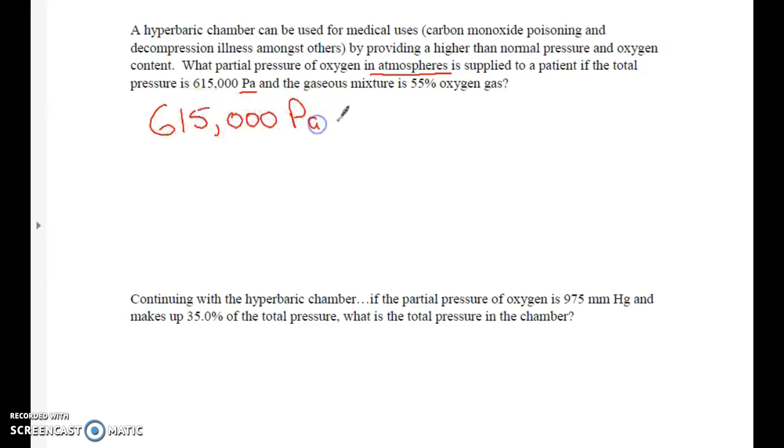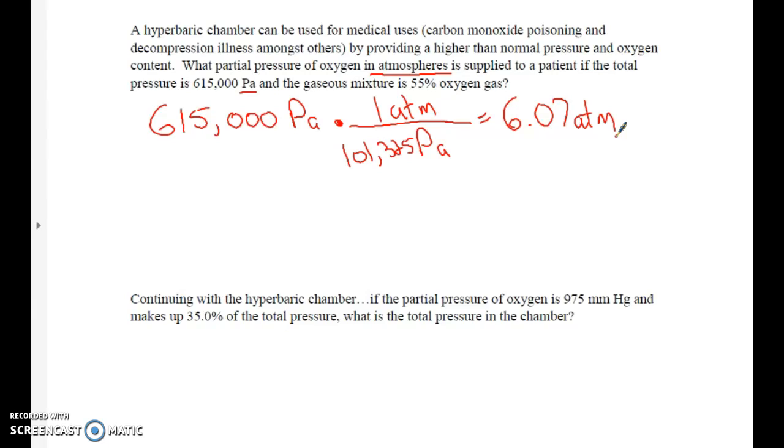615,000 pascals into atmospheres. So conversions, just like the way we've always done it. Whatever units you're given go on the bottom, and the conversion factor is there's 101,325 pascals in 1 atmosphere. When you do the math for this, you get an answer of 6.07 atmospheres. Since 615,000 has no decimal point, that is 3 significant digits, so we need our answer in 3 significant digits. So we get 6.07. So now what we could do is take that 6.07 atmospheres, multiply it by 55%, but